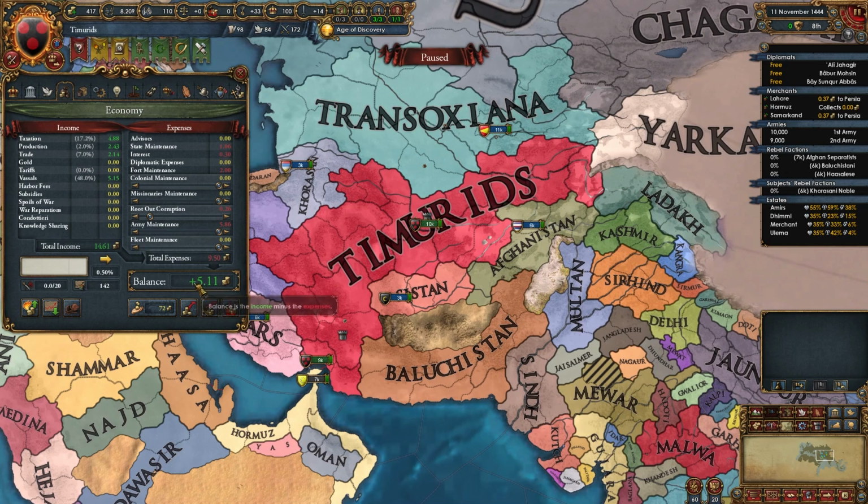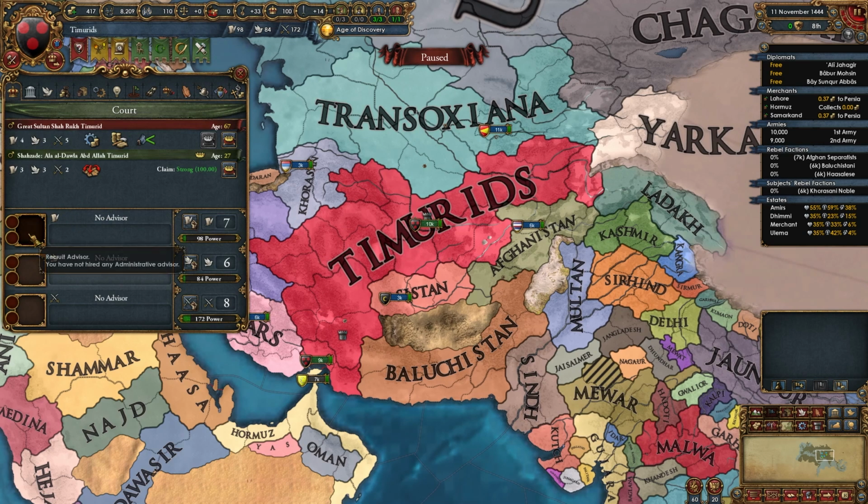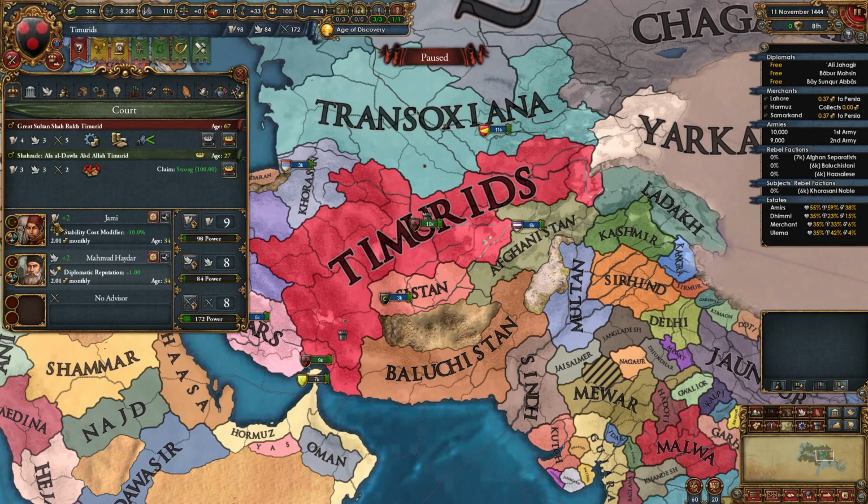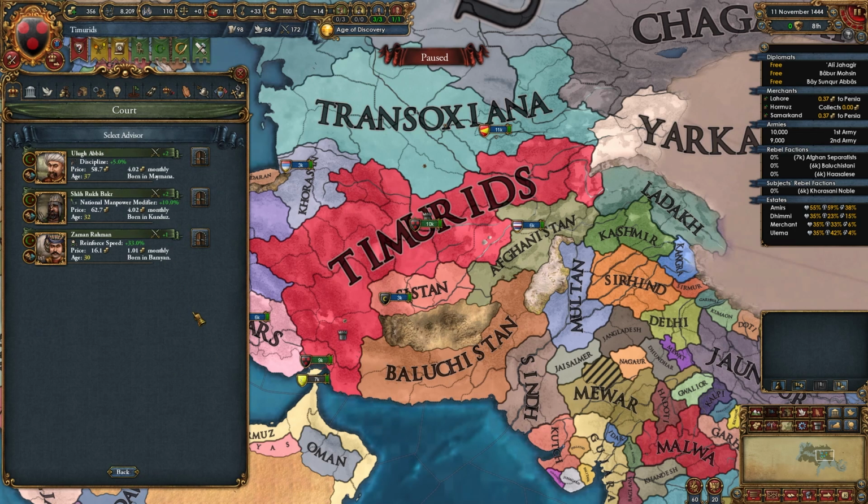Since we are making money right at the start, we are gonna hire 3 advisors. There is a scripted half-cost level 2 stability discount guy, hire him. There's also a scripted half-cost level 2 diplorep guy, hire him as well, and then get whichever level 1 mil advisor you want, preferably a morale, discipline, or manpower one. I don't have any of those guys as a level 1 advisor, so I'm just gonna take this reinforced speed